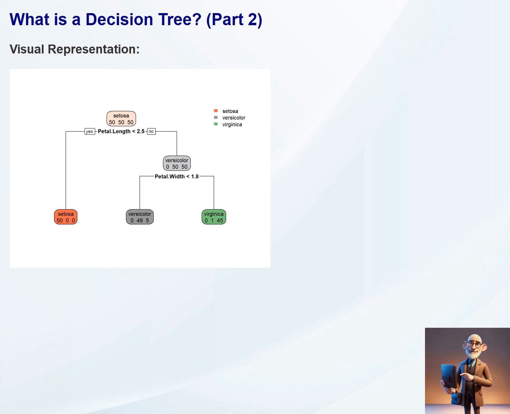The ultimate culmination occurs at the leaf nodes, the endpoints of our branches. Here, decisions solidify and predictions take shape. Each leaf encapsulates a unique outcome or class, contributing to the overarching narrative. The connecting lines, or branches, are the conduits linking these nodes, illustrating the logical flow of decisions from one node to the next. In essence, what you're witnessing is a visual narrative, a roadmap created by the decision tree to